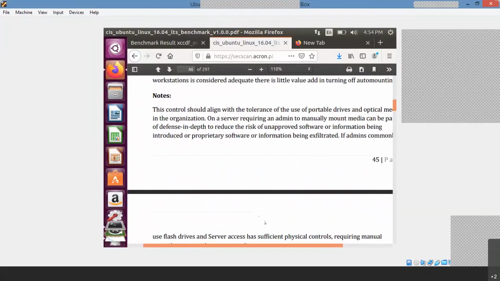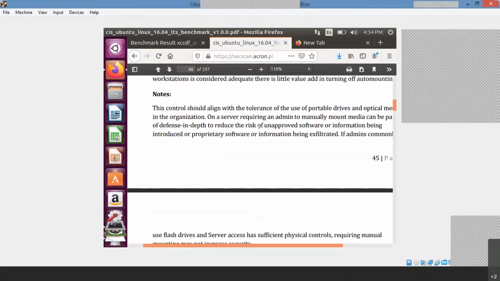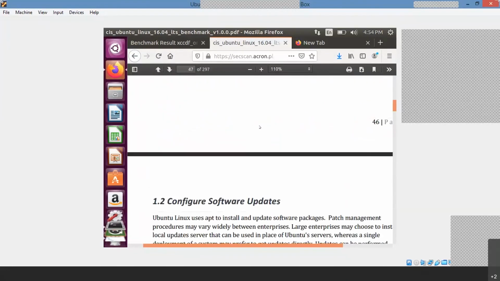So why this pen drive auto mounting? What is the disadvantage of using this auto mounting option? Can anyone tell? Auto mounting is basically this, right? Suppose you have a virus in your pen drive, the same virus can get onto your server. So the chances of the virus affecting your PC or your server are high, right? It may also run in the background or in your network. So in order to avoid all such things, you should always disable your auto mounting options. Okay.